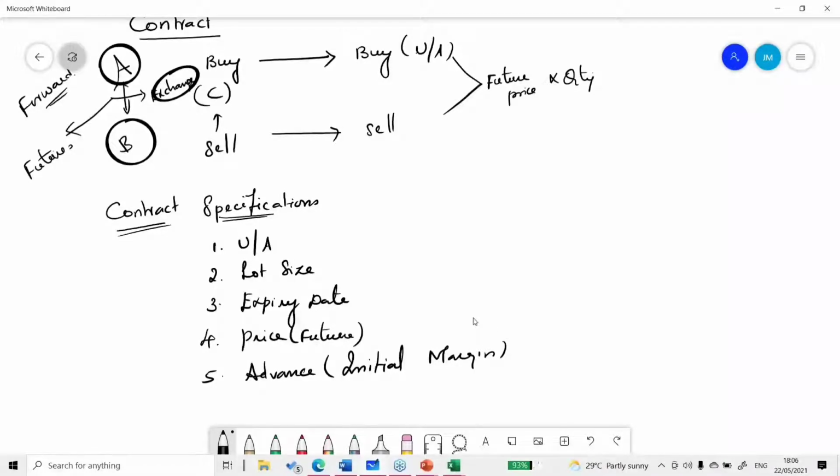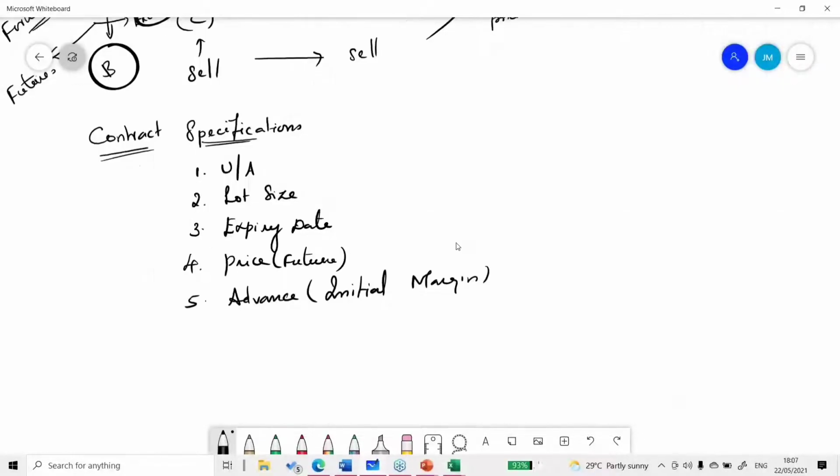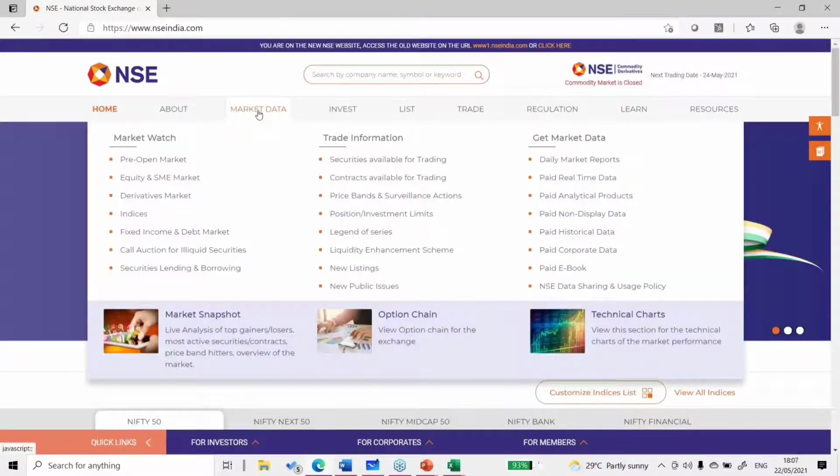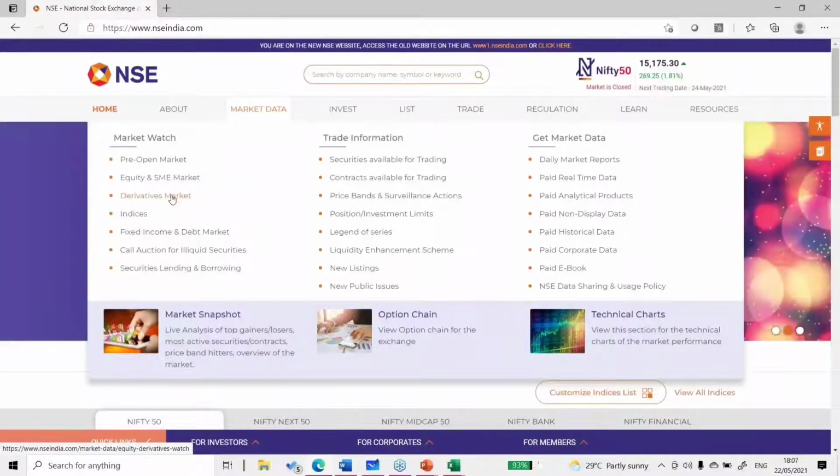Now as far as currency is concerned, let's look at currency futures in detail, and similarly we'll also look at commodity futures in detail, about how we are going to use them for various purposes. As we discussed, if I look at the screen, if I go to nseindia.com, I'll show you live. When I say live, it is going to be yesterday's price. So here you can go for the market data. When you have a trading account, you can also access the markets, but when the market is on holiday, we can go to the NSE India website and go for derivatives data.